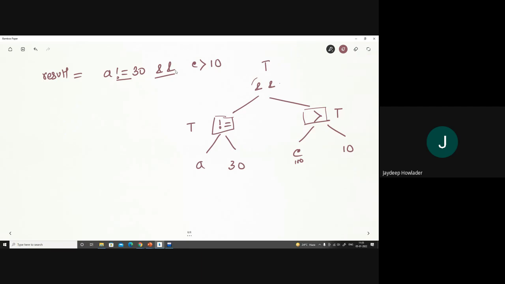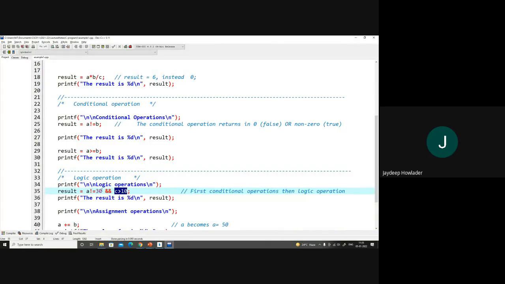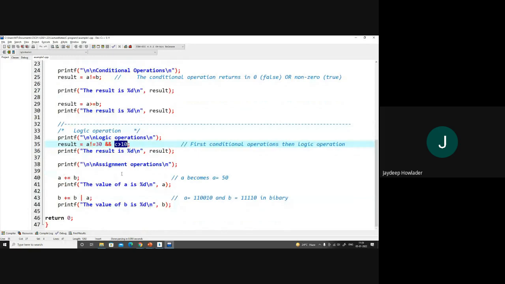Understand? So if we write an expression with multiple operators, I have to identify the operators, make this type of diagram, and then evaluate what the correct result of the expression will be. Do you get this point? Yes, sir. Okay. So in this way, this operation also returns me a result of true. And then we have assignment operations.